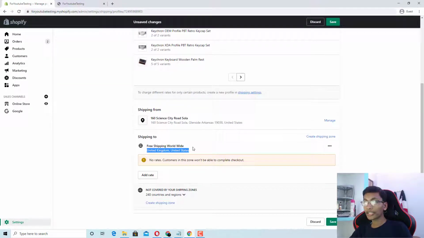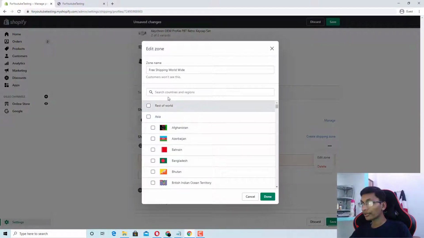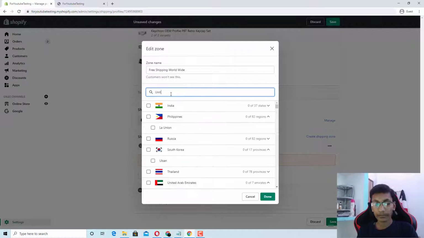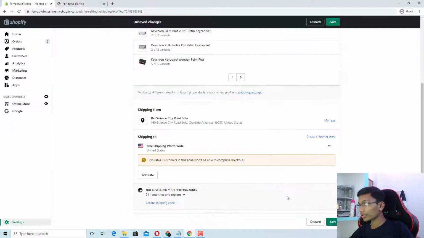So under the free shipping worldwide zone, we have United Kingdom and United States. I will only add United States, I will remove United Kingdom, and we'll move on. After that you can add rates here.